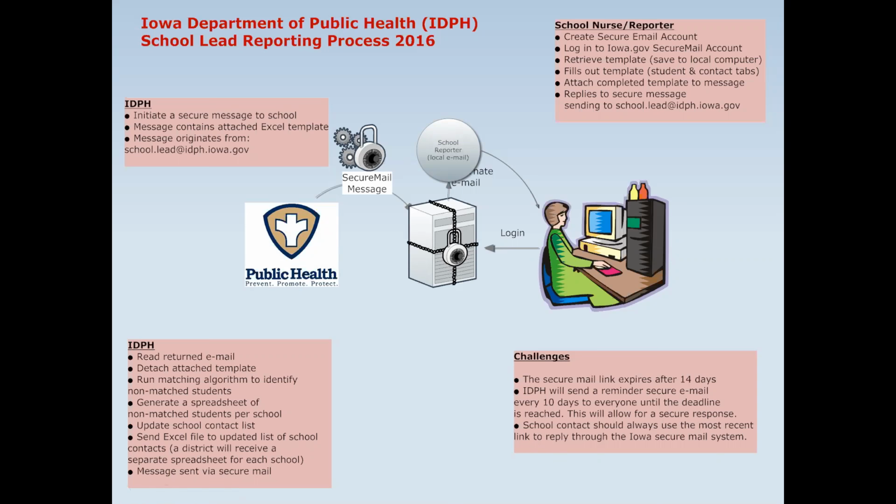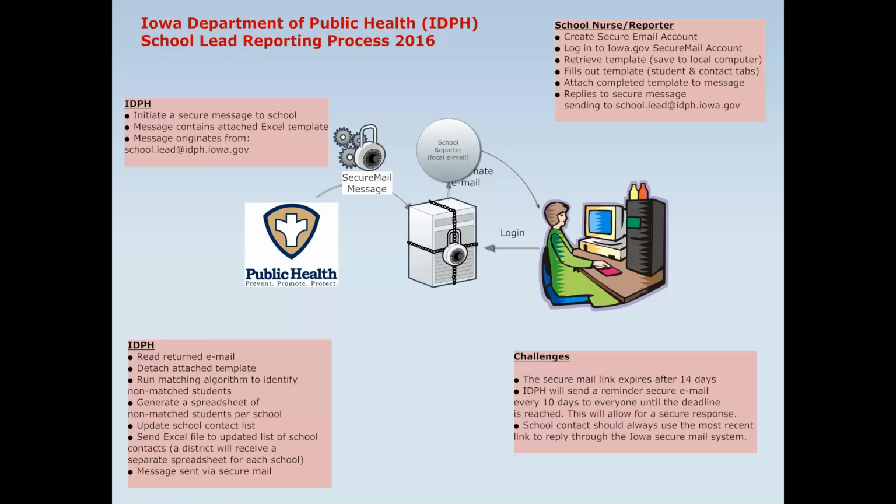And again, let me reiterate, the secure message includes the instructions in the body of the email of how to respond to this. There are some very detailed instructions. It will also include an attached Excel template for collecting information on both students and the school contacts. The actual secure message stays inside of a secure box while an alternate message is sent to each recipient. The alternate email contains a link to the iowa.gov secure mail portal. The recipient will need to create an account for the portal, then log into that account and retrieve the template, which must be used to return the list of students on one tab and the list of school contacts on another tab.